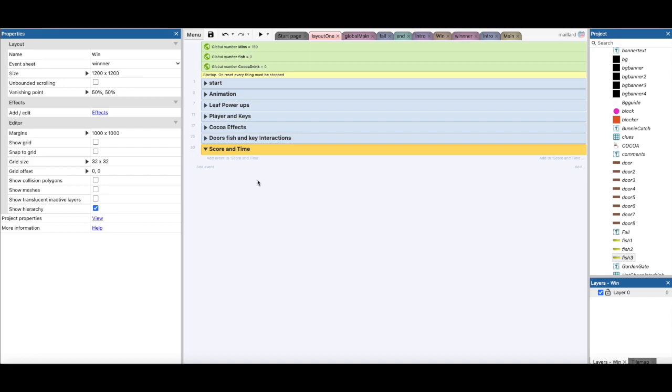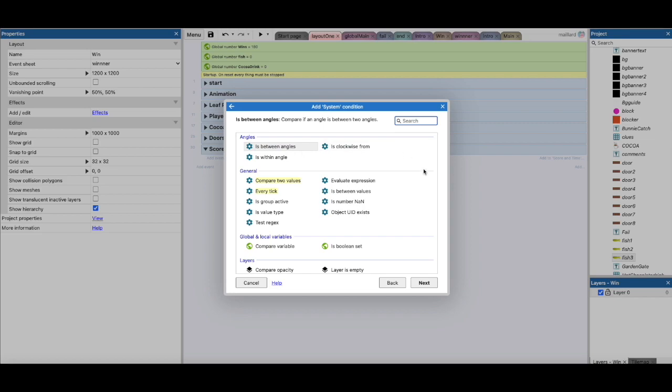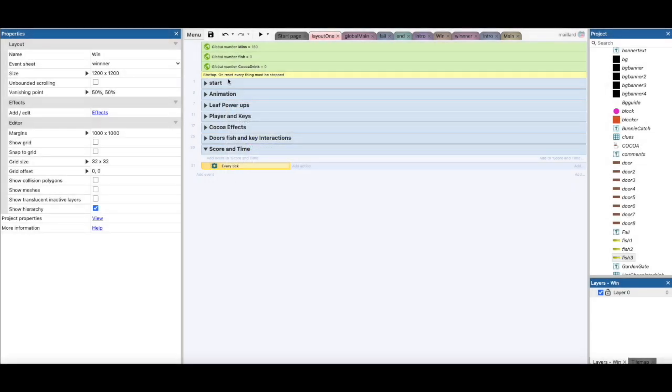Okay, there's two. I've kept these separately. You wouldn't have to normally keep these separately, but I think for clarity it's quite good to have these two separated. So the first thing is I'm going to add an event, and I'm going to do an every tick. So system, every tick, and of course we know that every tick is every time it reads its own code. Every time it starts at the top and reads through. This is why it's quite good to have your starting stuff at the top here. So every time it reads through the system here,